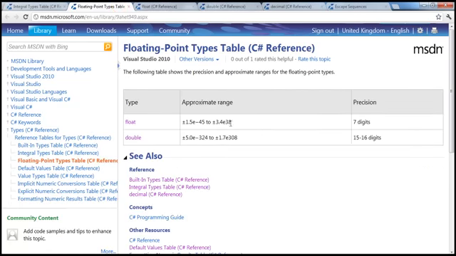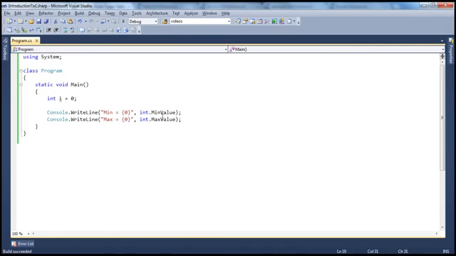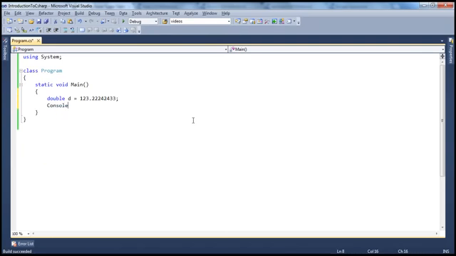And if you look at the precision, float has about 7 digits, together with the decimal and the integral part, whereas double has 15 to 16 digits. So that's about float. Basically, if you want a precision value, then you can make use of that. For example, double d equals, maybe, 1, 2, 3, with some decimal places I want, and I can do that. And if you just print that number,